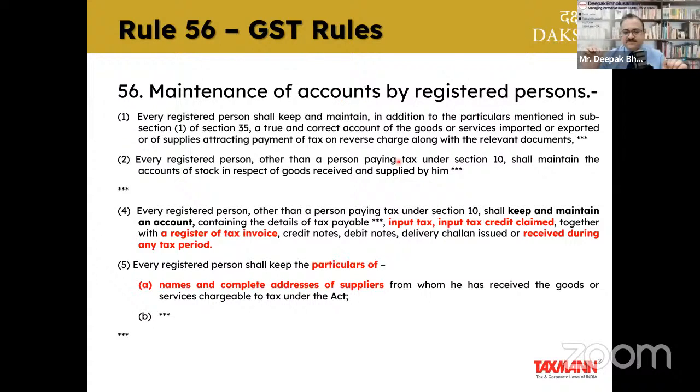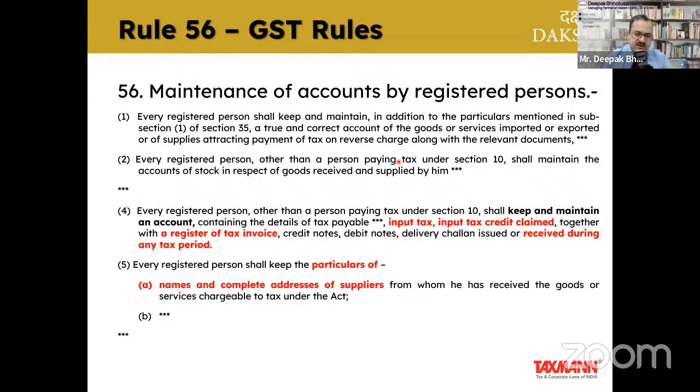In a similar way, if you are registered under GST, you need to maintain a record of stock. So again, if I read Rule 56(2), it does not talk about whether you need to record these supplies composition supplier wise, registered supplier wise, or unregistered supplier wise. Nothing. It only talks about inward or outward movement of goods. If you are inwarding any goods, you need to record it there. If you are outwarding any goods, you need to record it there. That's it.